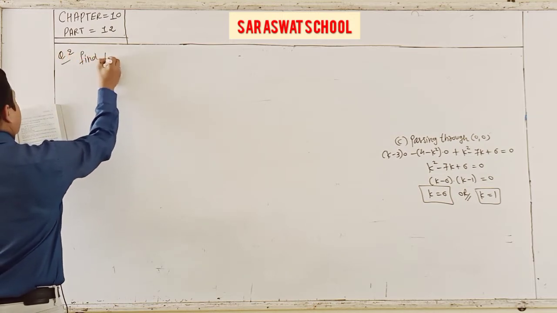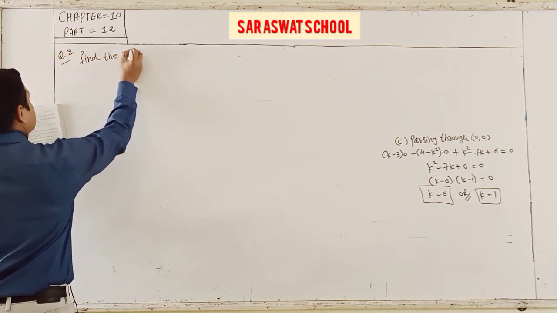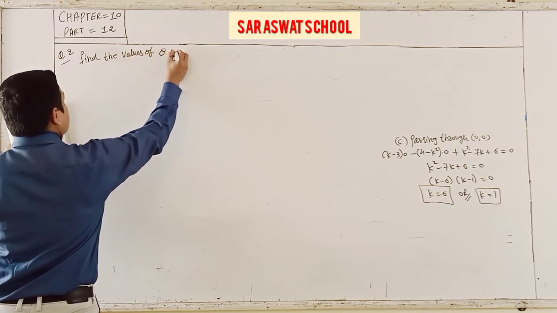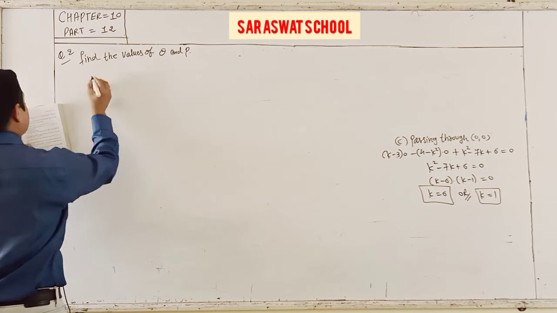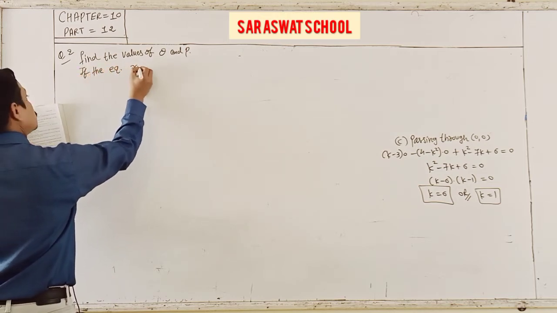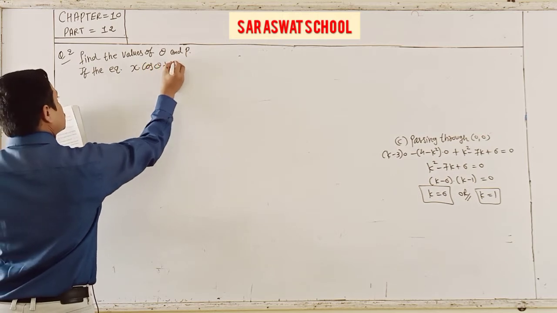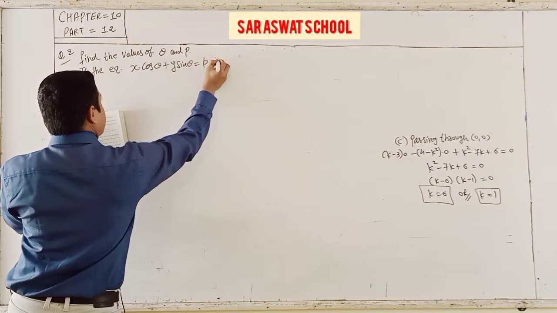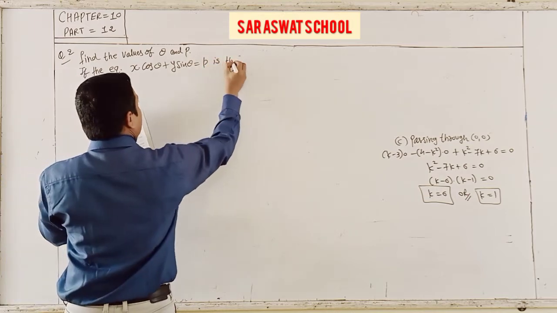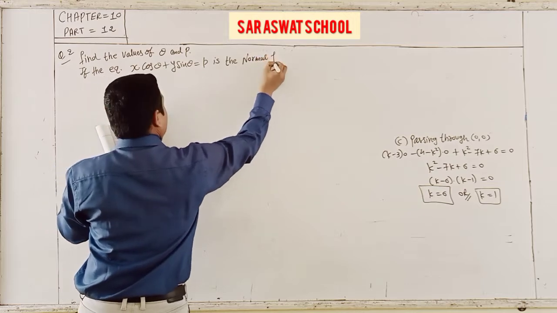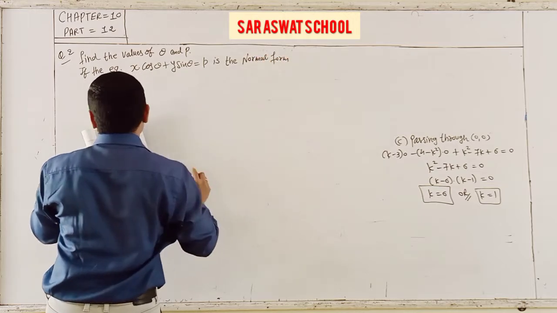Find the values of theta and p if the equation x cos theta plus y sin theta is equal to p is the normal form of the line